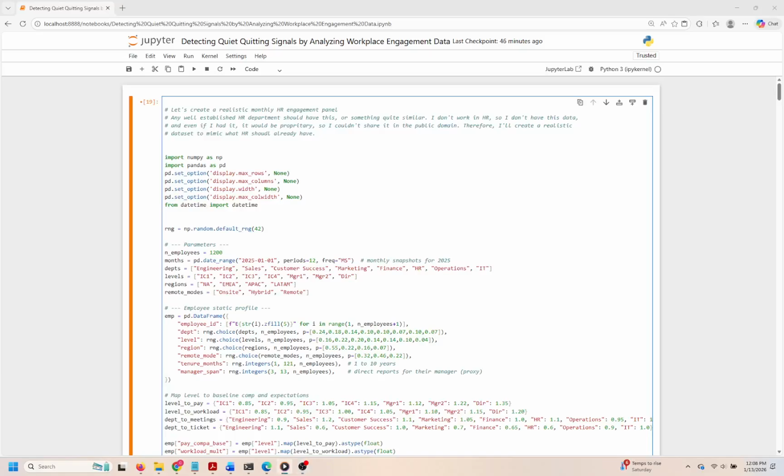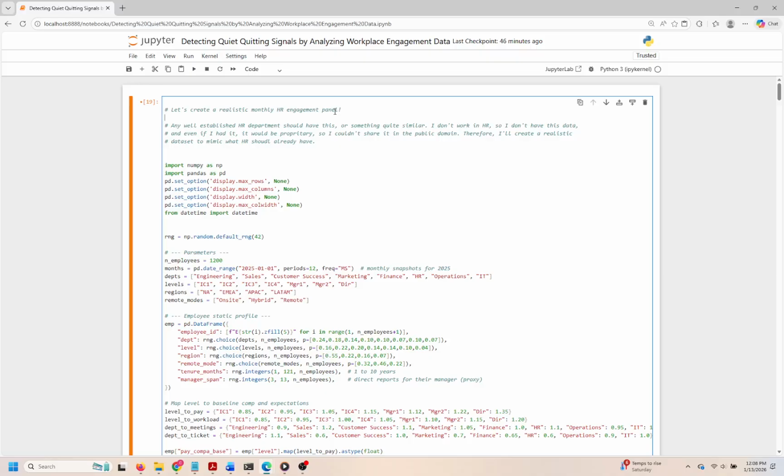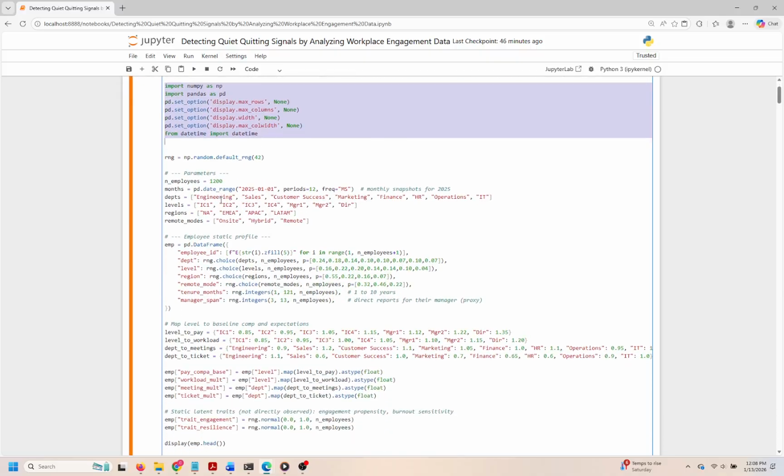Cell 1. In this code cell, we're laying the groundwork for creating a realistic employee engagement panel that spans an entire year. This is crucial for understanding how various factors, like departmental differences and employee roles, might influence overall engagement levels within an organization. To start, we import the necessary libraries, setting up Pandas options to display all rows and